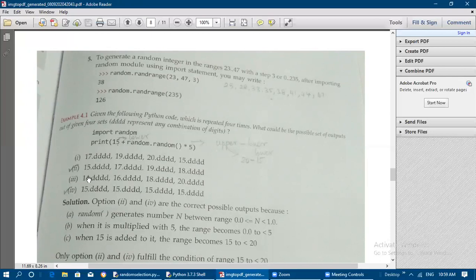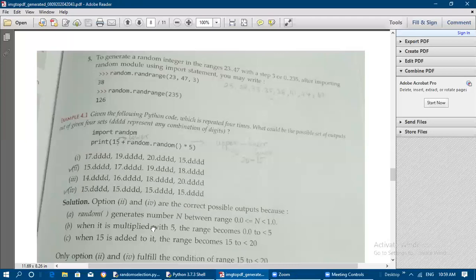Okay, and in this case 14 cannot be included and 20 also cannot be included, so the third option is not correct. And in the first case also, 20 is not going to be included. Other than that, 15, 17, 19 and all can be included for the given conditions. Okay. And the second option also, if you consider here, 15 can be included because 15 is equivalent to 15 and less than 20 only. Okay. So 15, 17, 19, 18, it can be a correct option. So options 2 and 4 are the correct possible outputs because of these answers.